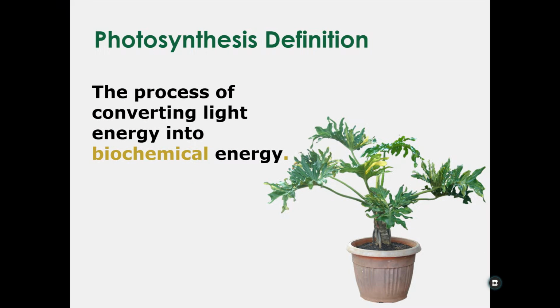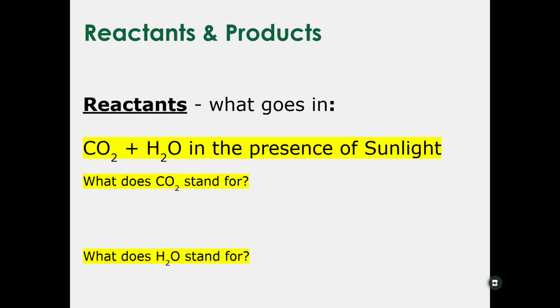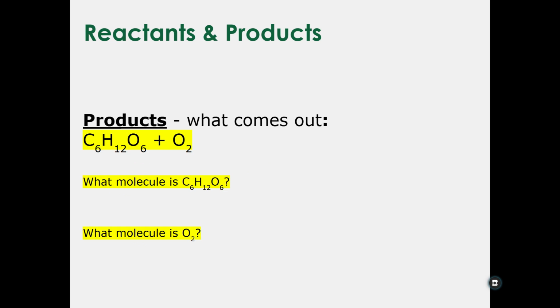Now, photosynthesis overall is just the process of converting light energy into biochemical energy. This occurs through a chemical reaction. Like any other chemical reaction, we have our reactants, which is what goes into the reaction first. In this case, CO2 and H2O have to be present with sunlight, which is our energy source. CO2 stands for carbon dioxide, and H2O stands for water. Those two reactants have to go at the start of the reaction with sunlight, and will produce